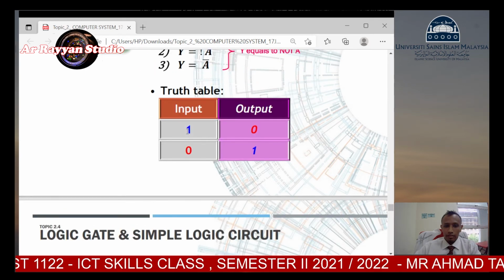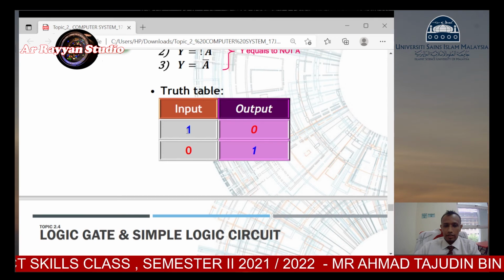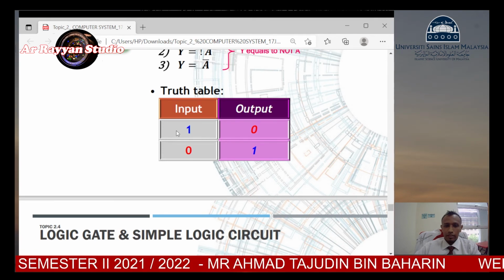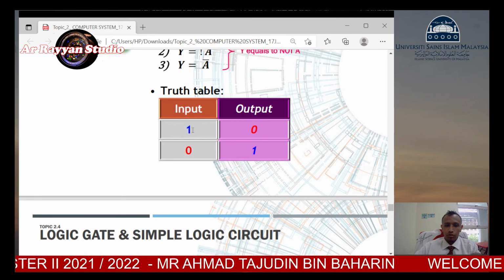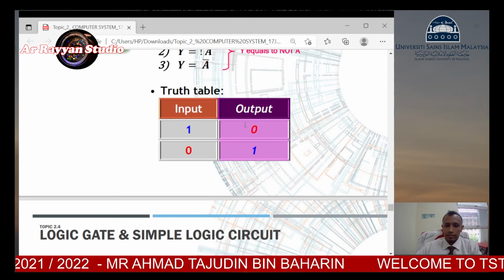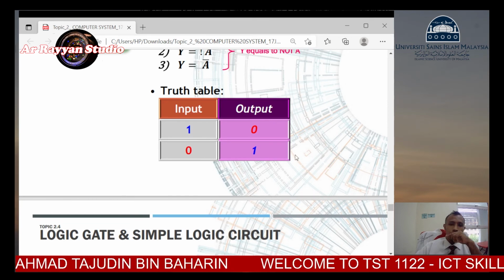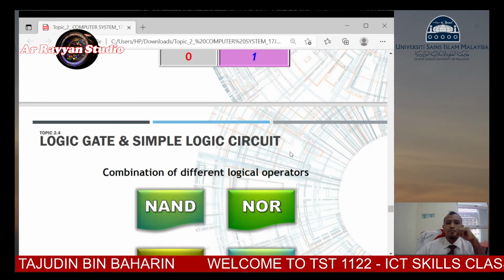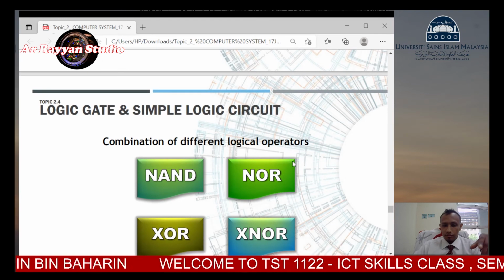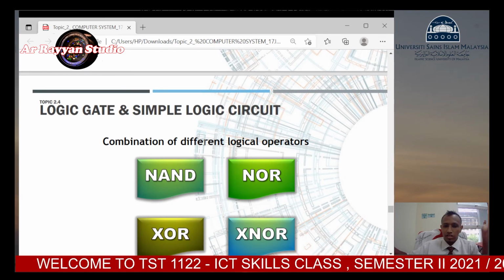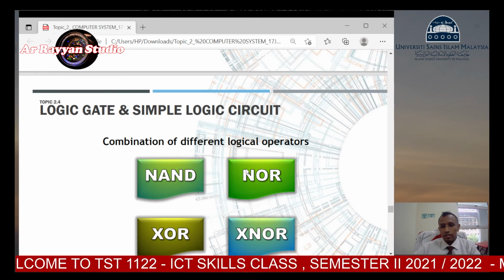Okay, 1 and 0. As I said, 1 and 0. And then untuk output dia akan berlawanan daripada input. So kalau input dia on, dia akan jadi off. Kalau input dia off, dia akan jadi on. Okay? Alright, so selain daripada tu, beside of that, they have a combination of different logical operators such as